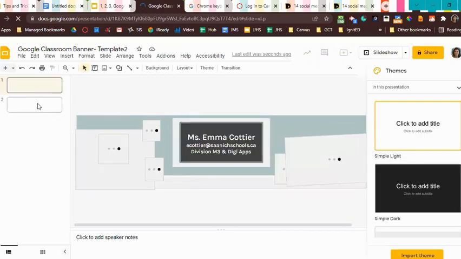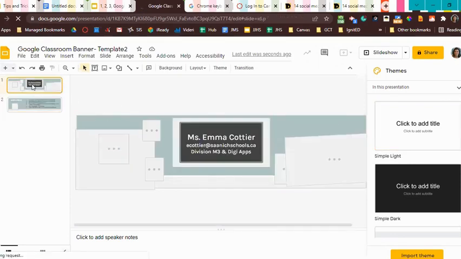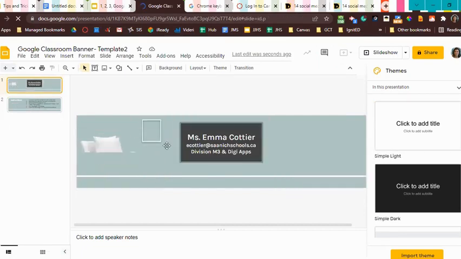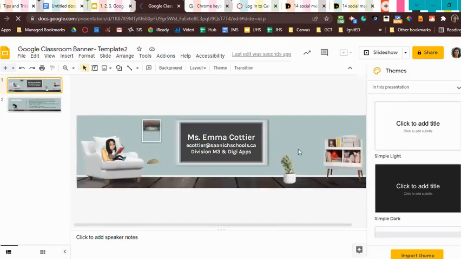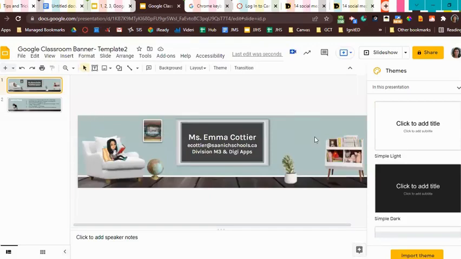And then on slide number 2, she has the step-by-step instructions so that you can come back up here onto slide number 1 and make your own Google Classroom banner. So you don't have to use a Bitmoji. It doesn't have to look like this. Whatever you do to make your own banner though, it has to be sized in this same way. So that whatever you create, as long as you make the slide the same size in this area where she has it right here,